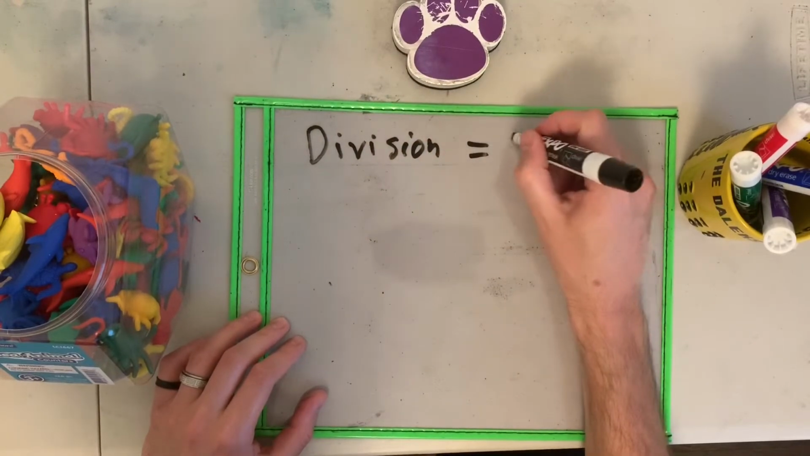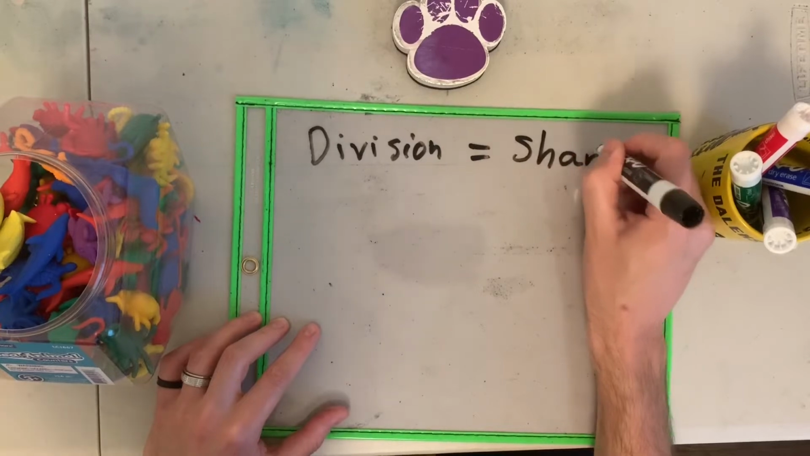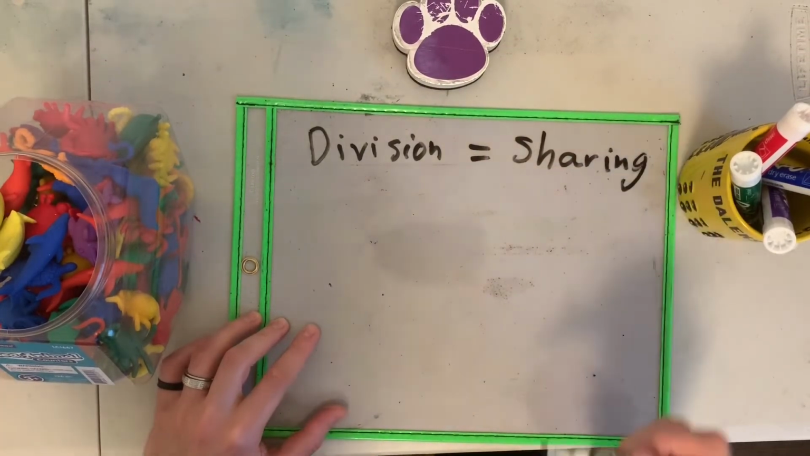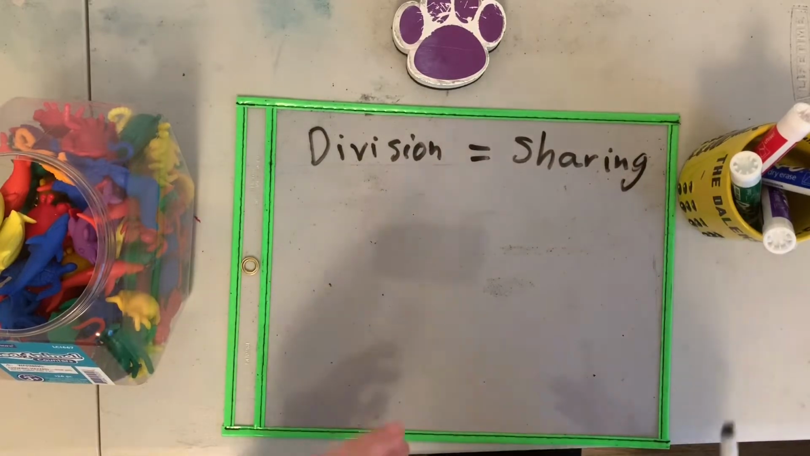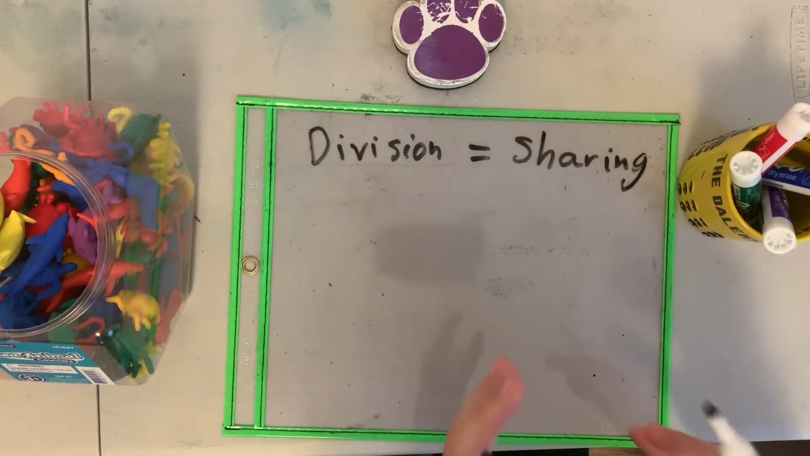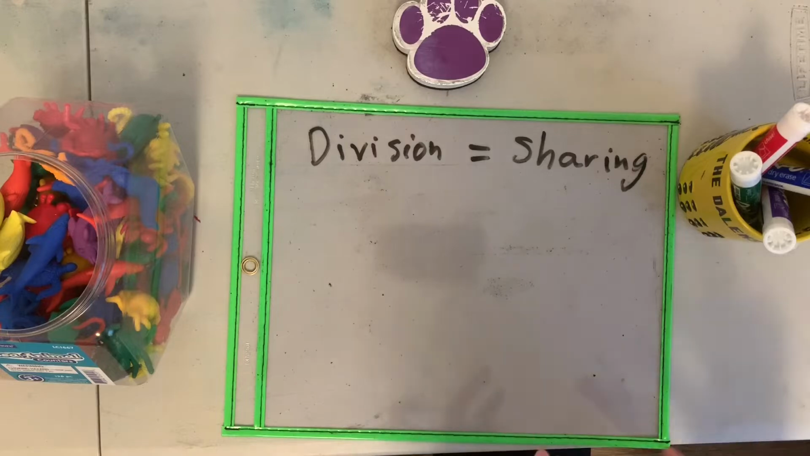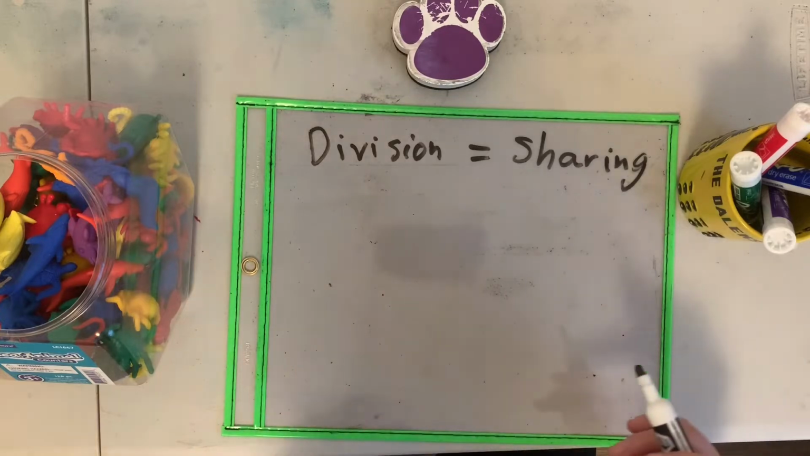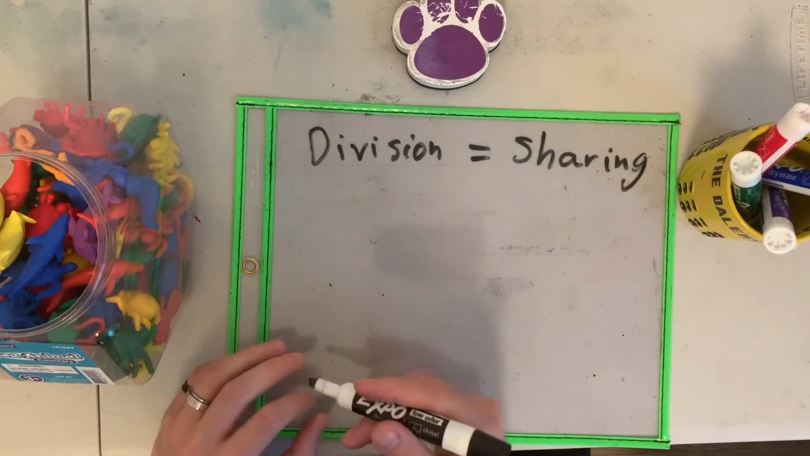Division is just like sharing. So we need to think, when you share, you always like to share the same amount to other people. Cuando tú compartes, te gusta compartir siempre la misma cantidad para que todos tengan lo mismo. Por ejemplo,